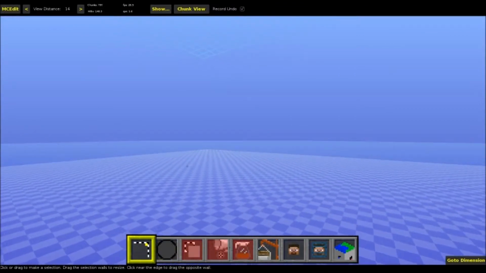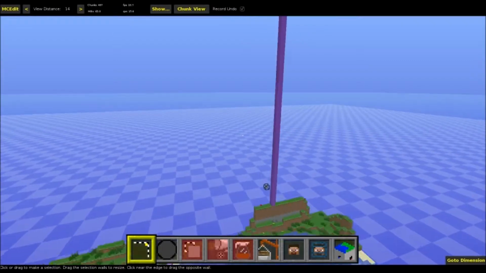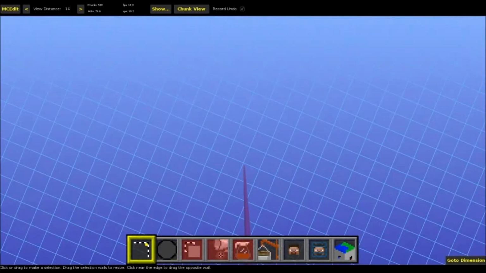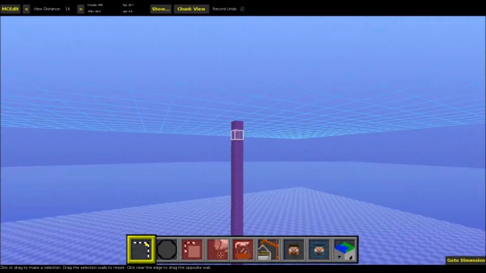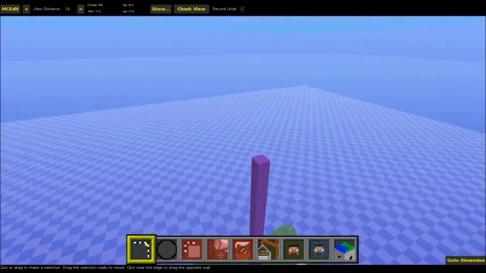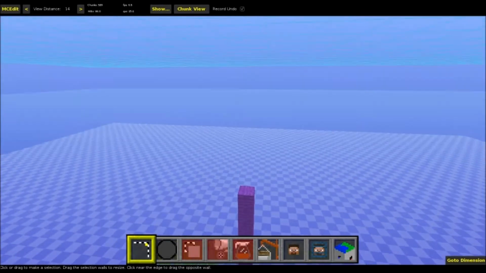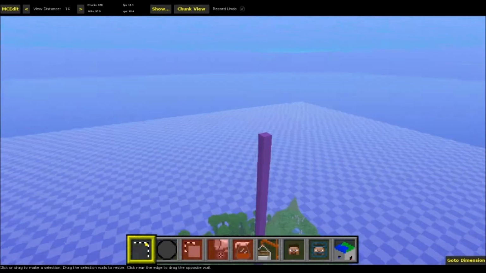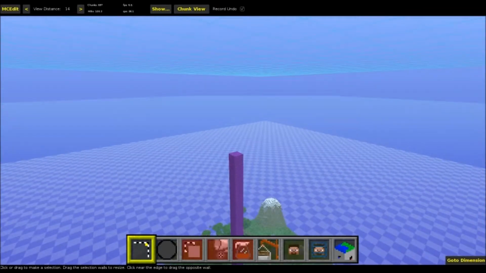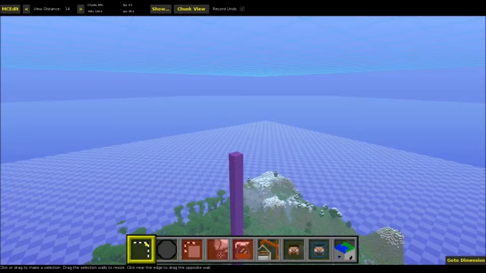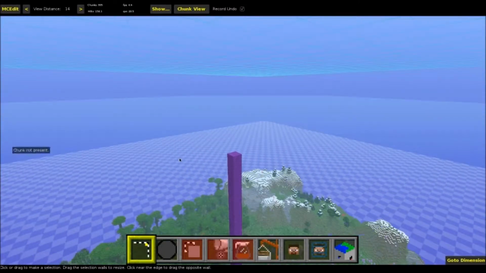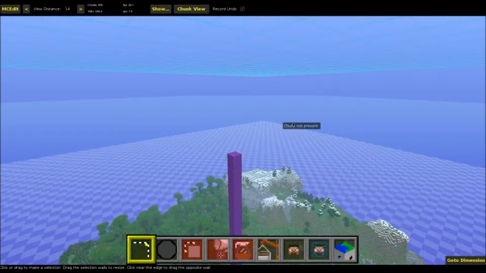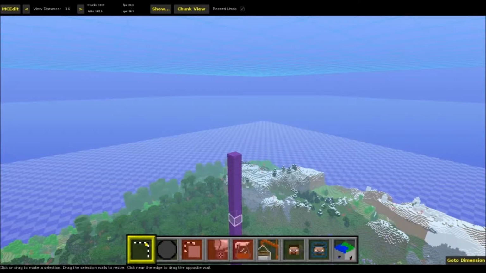Now I need to go back to the middle where I had this pillar and go up to the top of the pillar. You really need to open up another world, whatever world you have, something that you want to copy in, and then you outline it, like I did the wall. That's just an outline box. You outline the area that you want to copy, then you hit this